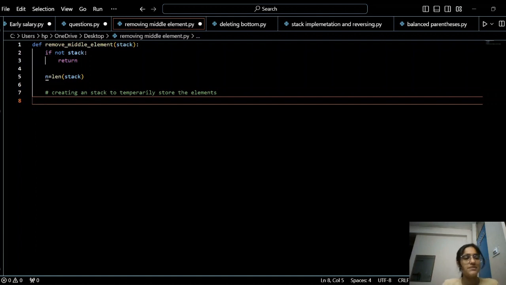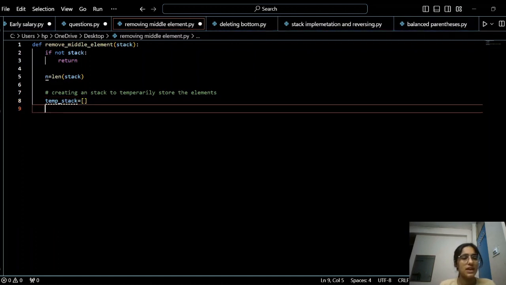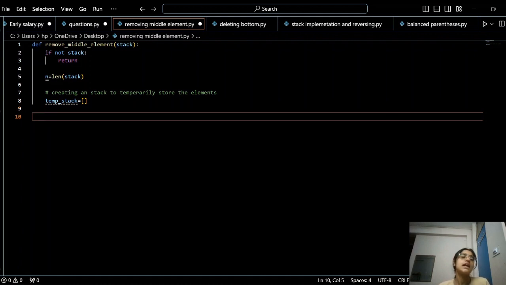So here we have this temporary stack. We'll define a stack, and now that we have defined it, we'll start pushing